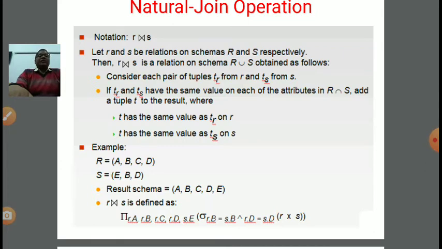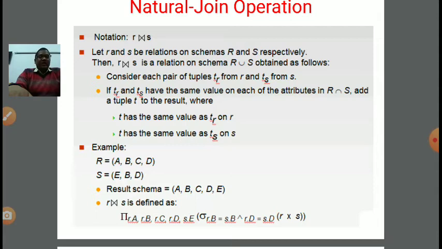It means if we were doing a Cartesian product here, then the Cartesian product would have 7 attributes: A, B, C, D, E, B, D. But in the case of natural join, it has removed the duplicate attributes, that is B and D, right? How do we write this in a relational algebra operation? So pi means the project operation. From relation R we are picking A, from relation R we are picking B, and from relation R we are picking C.